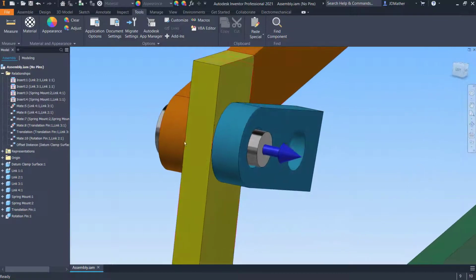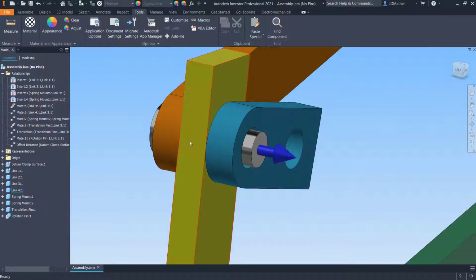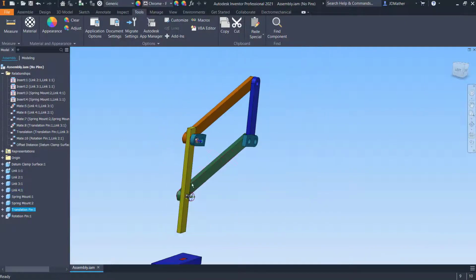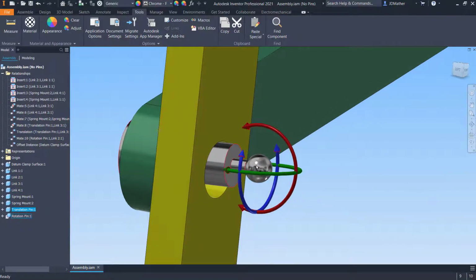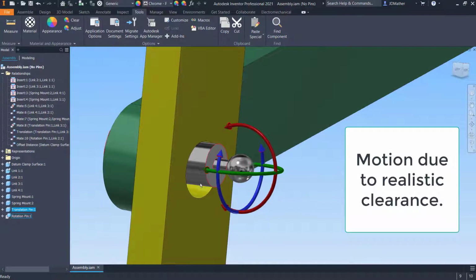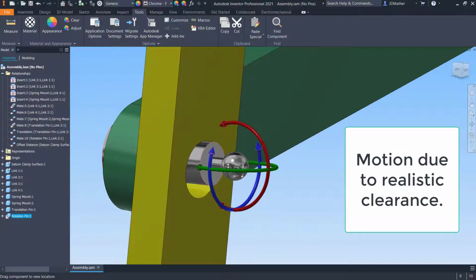So I've greatly exaggerated this, but for the clearance in between these components, I'm representing that little bit of motion that could occur translationally along this axis. That has to be a little bit of clearance, or otherwise the mechanism would bind as though these parts were welded together. And then down here I've represented a second type of motion, and that is that we have to have some clearance where this pin can actually rotate